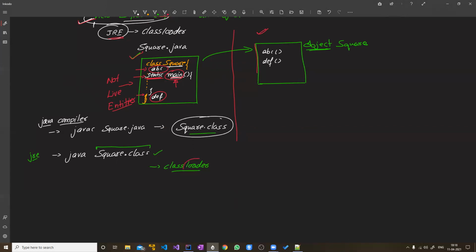Somewhere in your course you will study these different processes like linking and loading. You must have studied it earlier, or you will study it later. Out of these, loading is nothing but loading the translated instructions into the memory, the RAM. So in the JRE you have something called the class loader, which does this operation of loading the class into the memory.